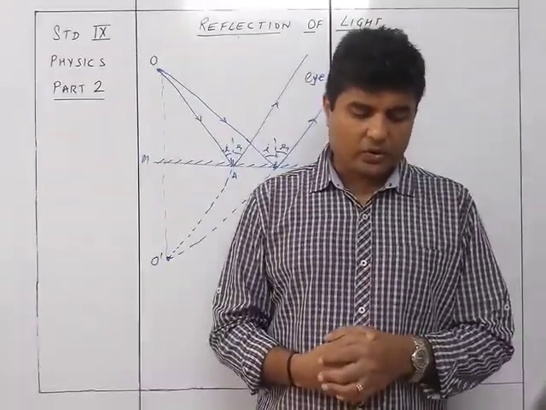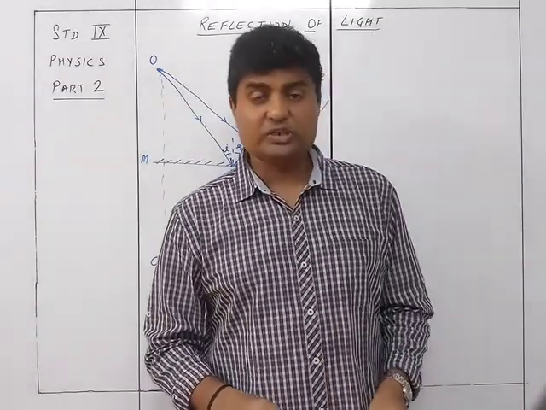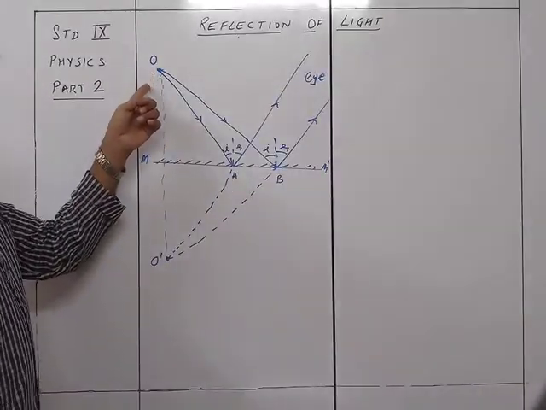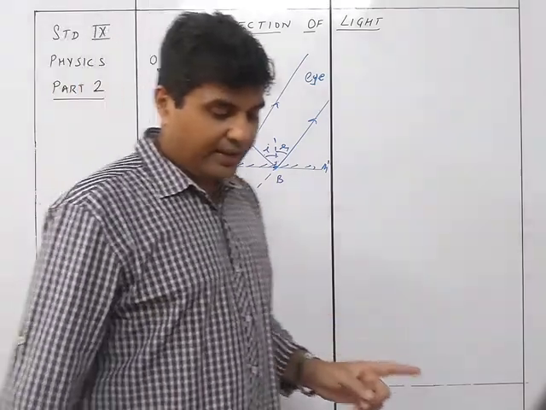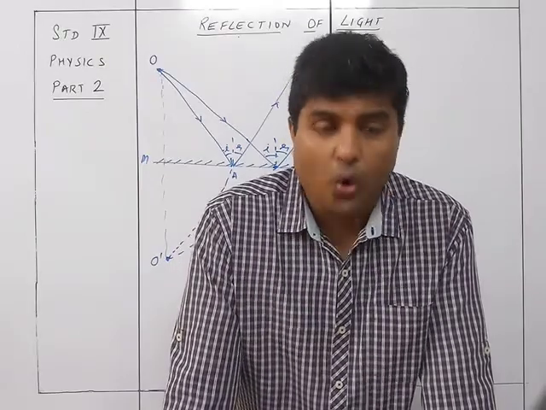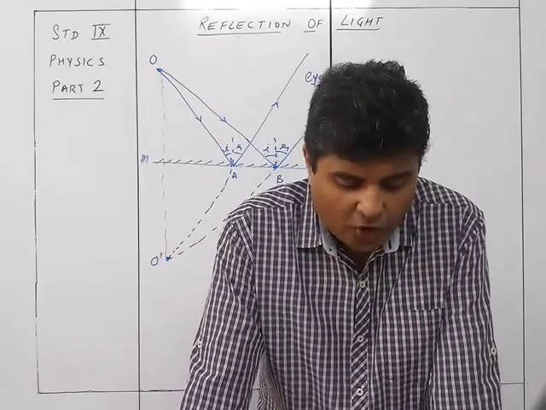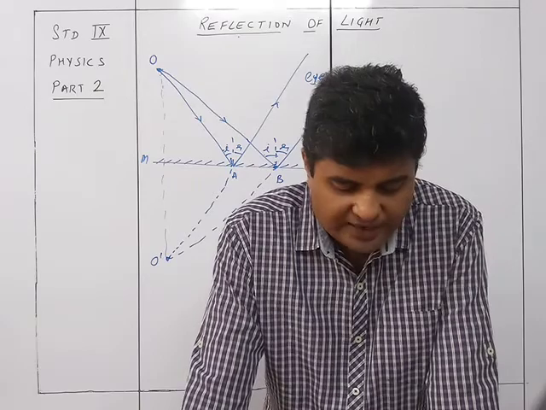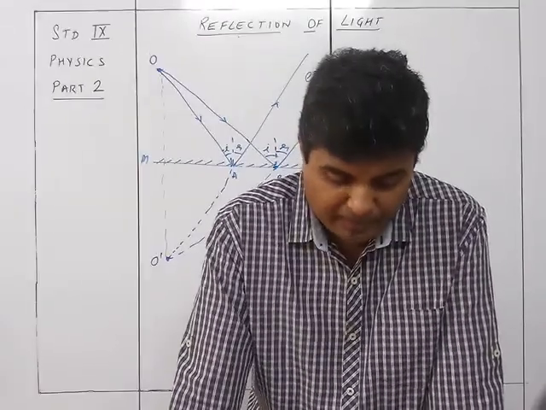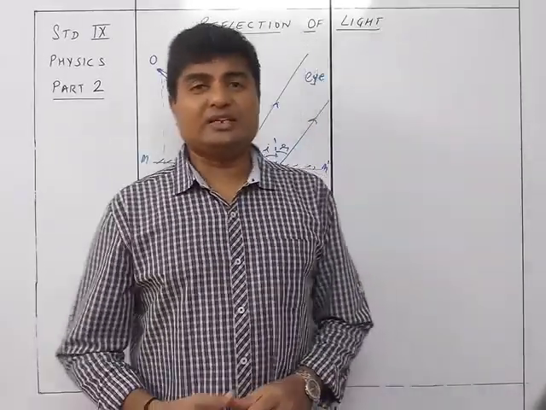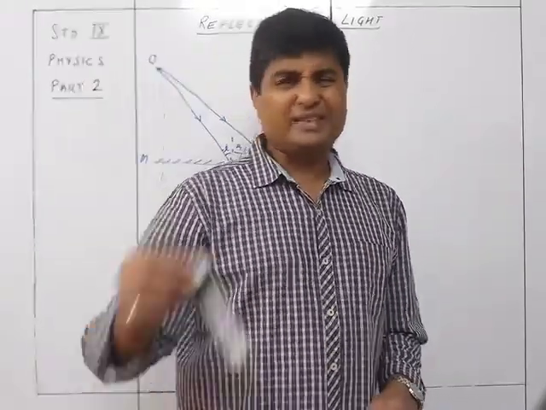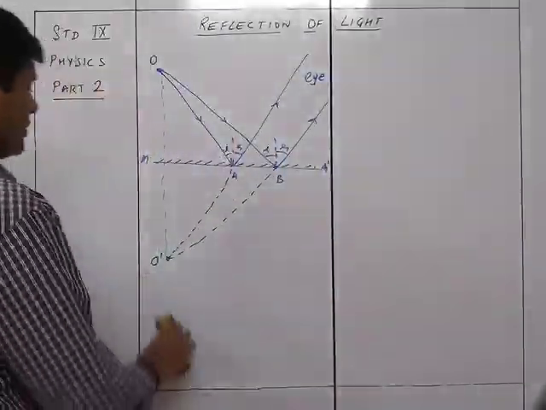So that is how we are going to draw for an image which is a point object. So this is the image of a point object. As per my textbook, it is figure number 7.6. This is your homework. You need to draw this figure, formation of image of a point object by a plane mirror. Now we are going to extend this particular thing. Extending means instead of taking a point object, let's take this pen. Okay, so we'll draw another figure now.